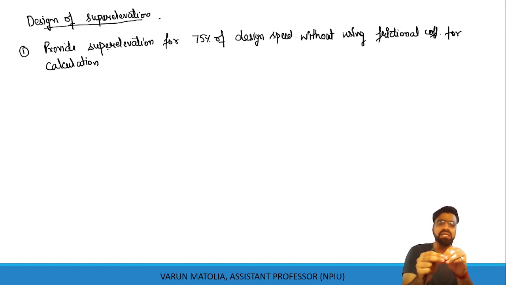अगर हम मानते हैं कि सेंट्रीफ्यूगल फोर्स सिर्फ सुपर एलिवेशन काउंटर कर रहा है तो कितना सुपर एलिवेशन चाहिएगा, और क्योंकि यहां पे सुपर एलिवेशन के साथ साथ फ्रिक्शन भी लग रहा है, तो साथ में फ्रिक्शन और सुपर एलिवेशन ये दोनों चीजें हम डिजाइन सुपर एलिवेशन के लिए कर रहे हैं, लेकिन फ्रिक्शन भी वहां पे एप्लीकेबल है, सो this will add the safety. तो हमारे लिए प्रॉब्लम क्या है, सुपर एलिवेशन is the problem for slow moving vehicle, तो सुपर एलिवेशन को तो हम कम कर ही रहे हैं, लेकिन जो डिजाइन कर रहे हैं उसमें हम फ्रिक्शन को हटा देते हैं ताकि फ्रिक्शन हमें जो फास्ट मूविंग व्हीकल है उनके लिए हेल्प कर सके.